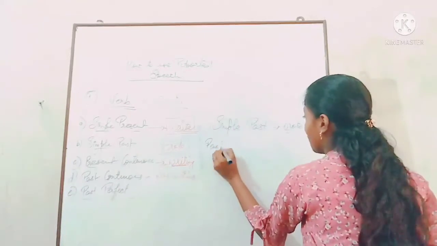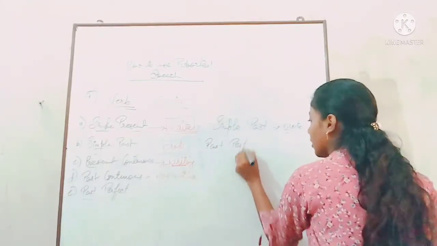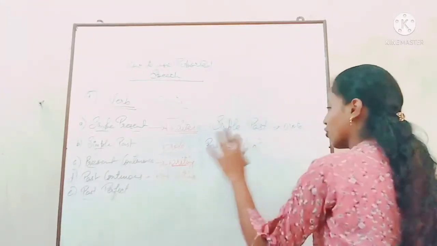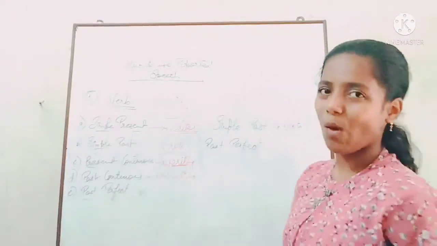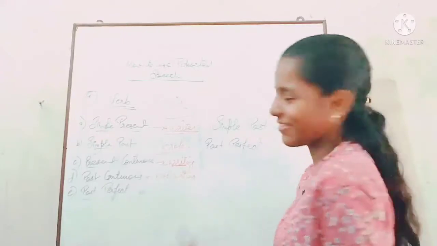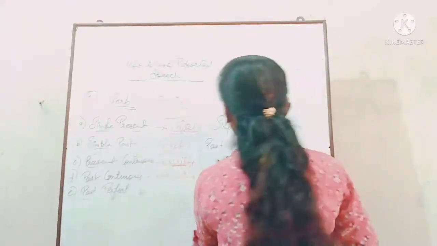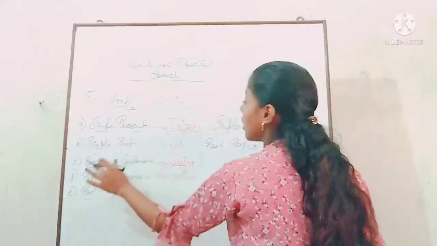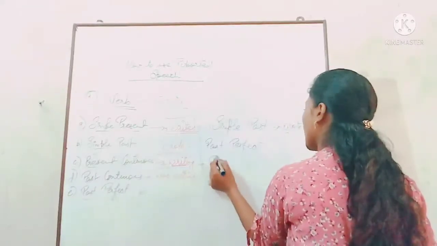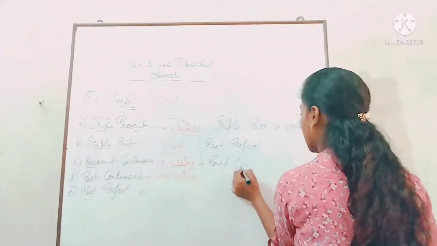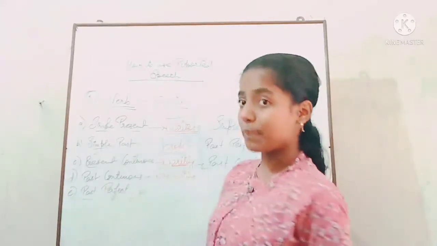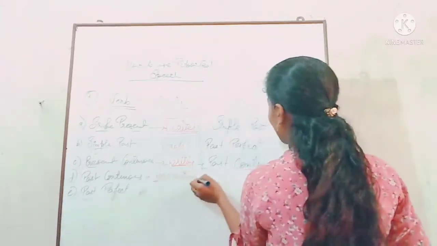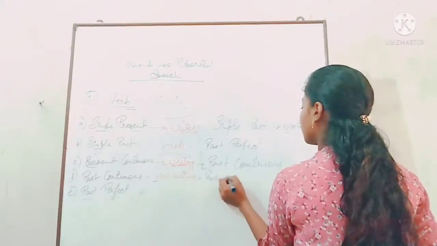Now you will say, how? Wait a minute, let me tell you. First of all, I'll tell you what the reason is for past perfect, why it is so special and has a twist. Alright, now it will change to past perfect. Present continuous will change to the simple and quite easy past continuous. Then we have past continuous. It will change to past